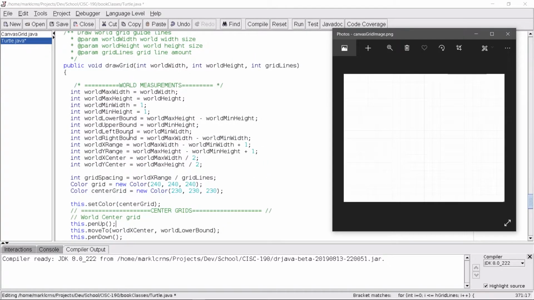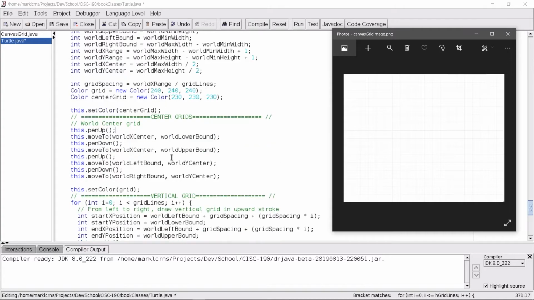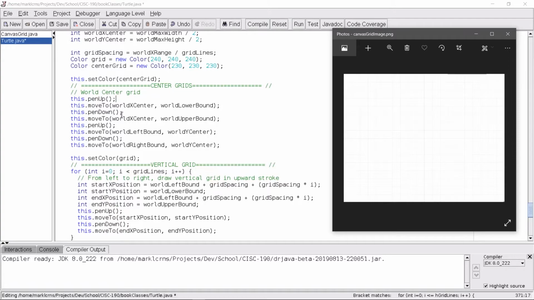The variables that we set earlier are really useful, so we don't have to remember all the measurements of the world canvas, which takes a lot of time if you don't do it this way. So then after that, I use pen down to start drawing. It means I'm ready to draw the center grid, and then move through the world X center, right in the middle of the x-axis, and then upper bound to the opposite direction in a straight line, creating this vertical line between the x-axis, and then again pen up, stop drawing, and move